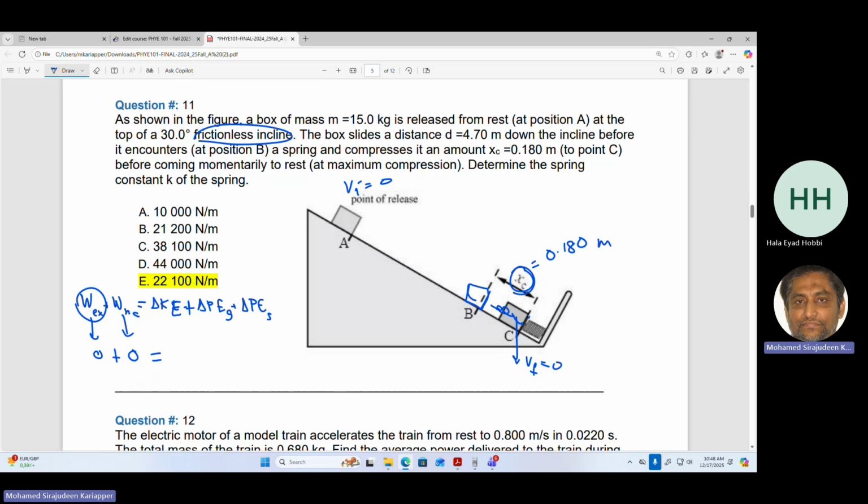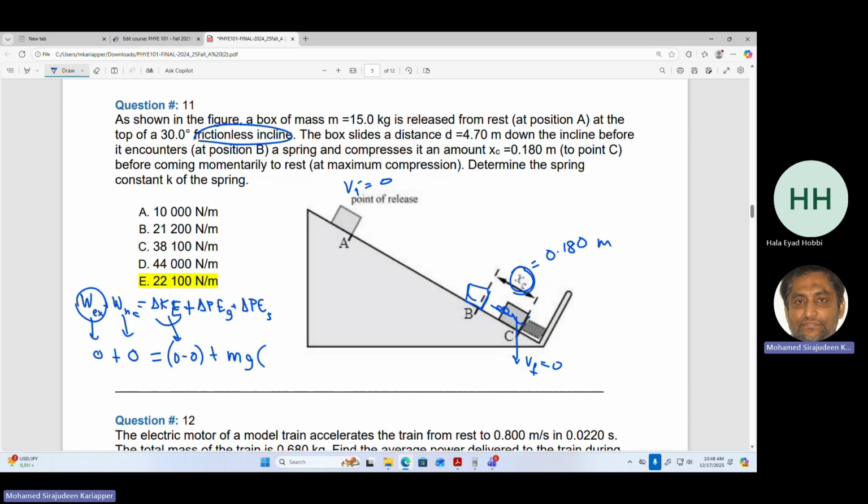So this is 0. Change in the kinetic energy is also 0, because initial kinetic energy is 0 and final kinetic energy is also 0. 0 minus 0 is 0. Plus change in the potential energy, of course there is a gravitational potential energy change, the block is going down, so that will be